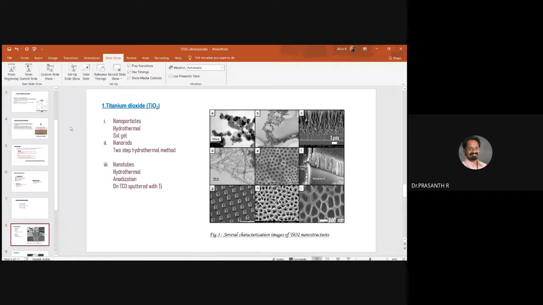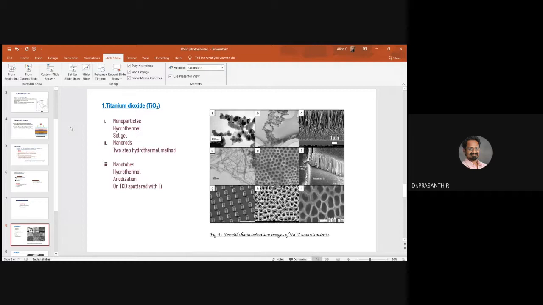Another method is the sol gel technique. This is the most common low temperature technique used for the preparation of TiO2 nanoparticles. In this method, the hydrolysis of a titanium precursor is carried out with excess water catalyzed by an acid or a base. So the condensation, subsequent polymerization and evaporation of solvent leads to the formation of a three-dimensional gel network. A major advantage of the sol gel process is its homogeneity and purity of the synthesized material.